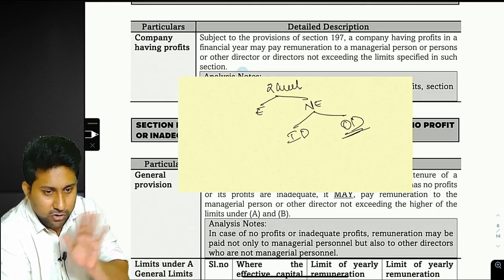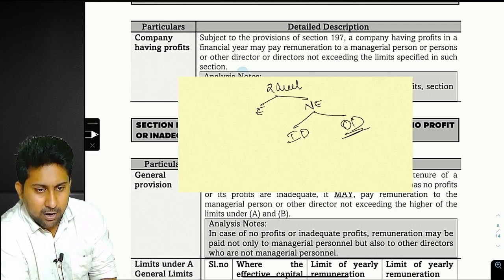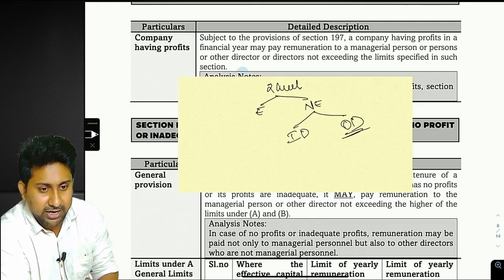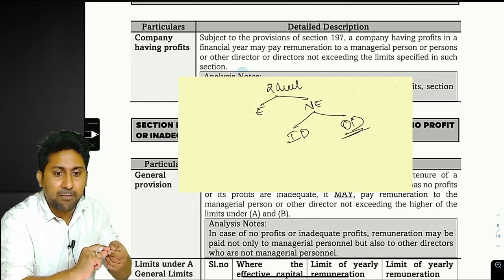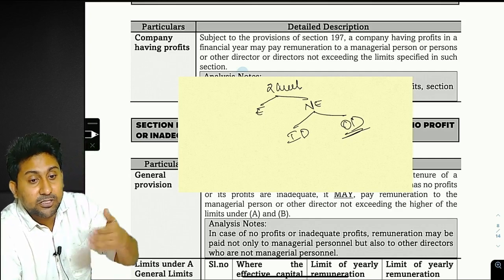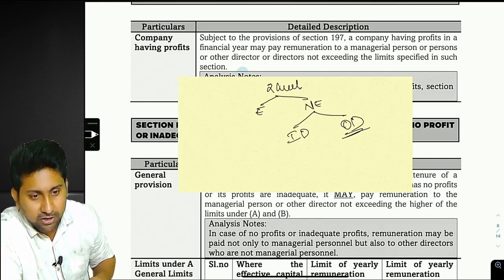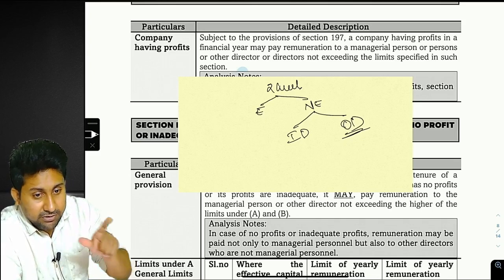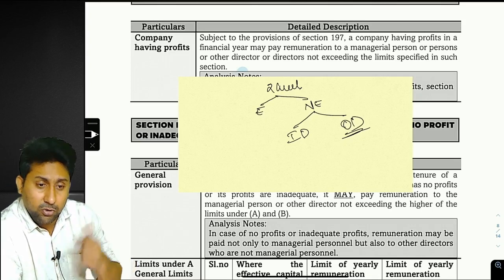So you should monetize everything. Free things should not be there. Everything should be linked to some sort of money. Then only some responsibility will come. Am I clear or not, everyone? So because of this, what you need to understand is, prior to the amendment,